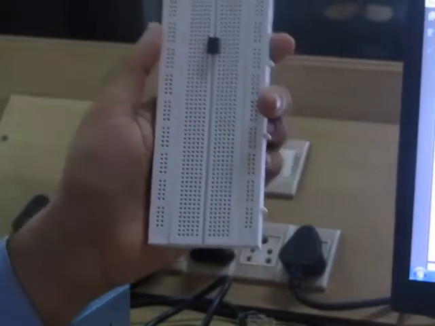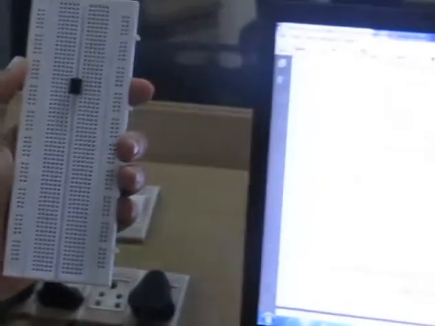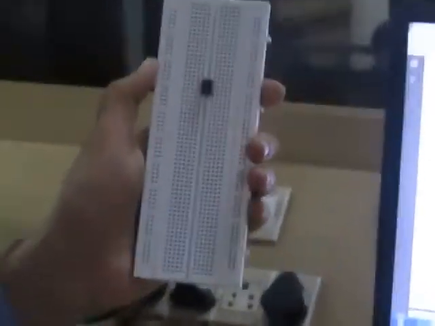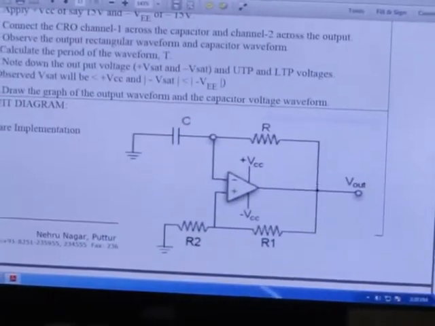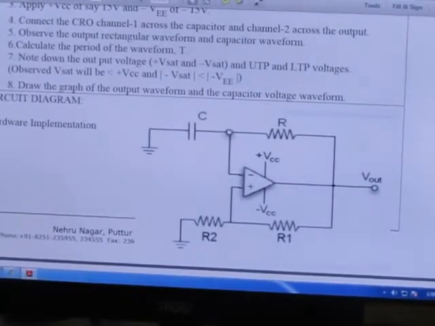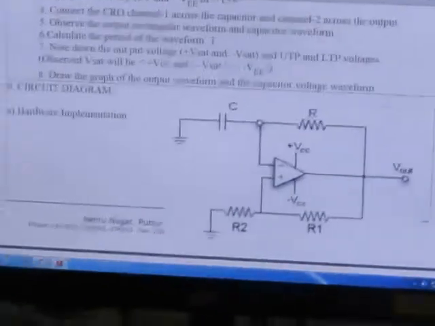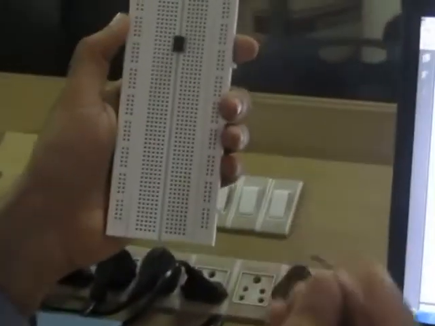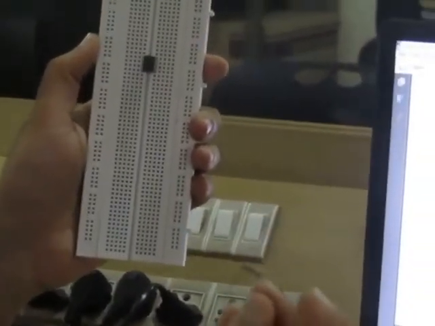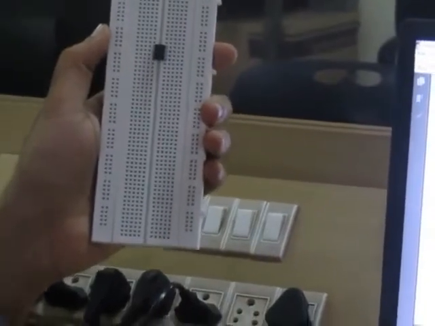Right. So we will follow the same circuit to rig up the circuit. You can see that first of all, from pin number 6, that is nothing but V out, to pin number 2, that is the inverting input. From pin number 6 to pin number 2, we are going to use a resistor of value 1 kilo ohm. So this is our resistor of 1 kilo ohm. You can see that it consists of brown, black and red. So that is 1 kilo ohm.